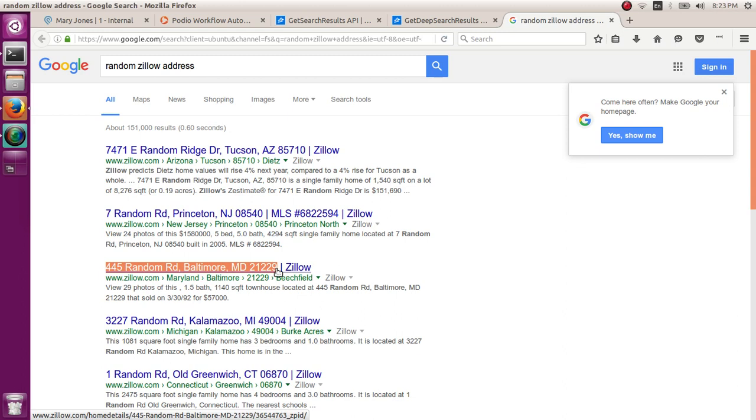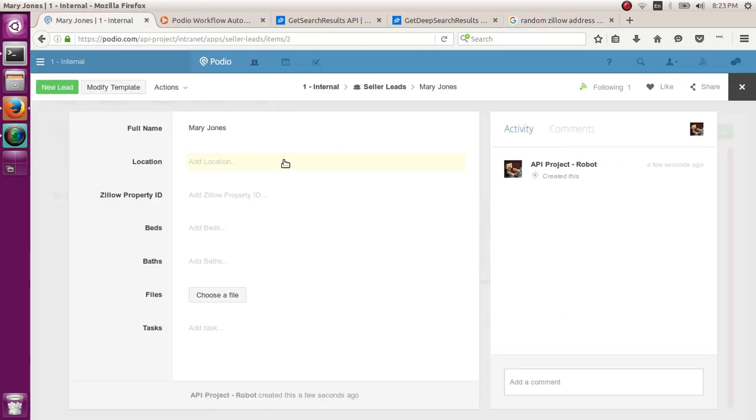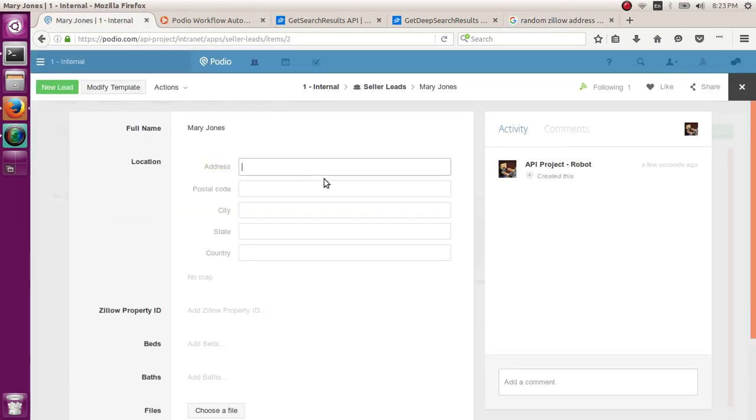Here. You see, Google is very clever as well. I googled random Zillow address, and it gave me all addresses with random streets to be listed as a result. Weird, but clever. So if I place it right here, and if I click on this,